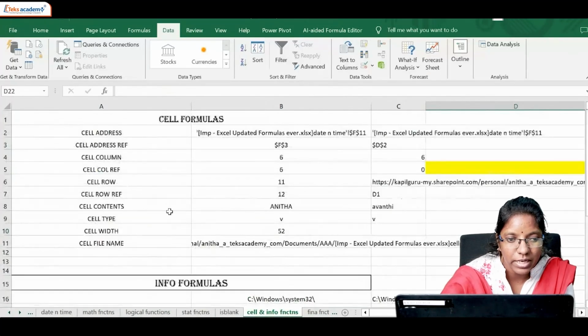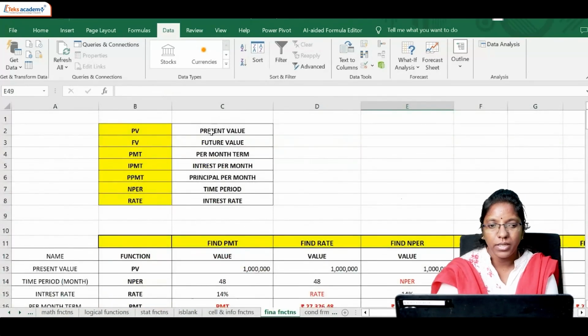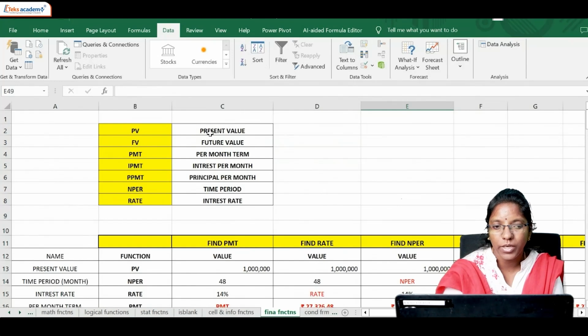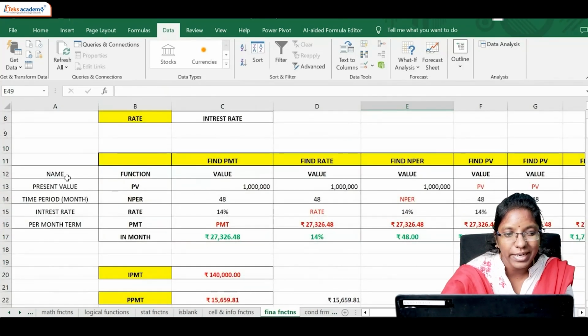info formulas and cell formulas. Also, you have financial formulas that I have told you about. This is what we do, right? What is the present value? What is your future value, per month value? How to calculate all those here? Here you will be going with